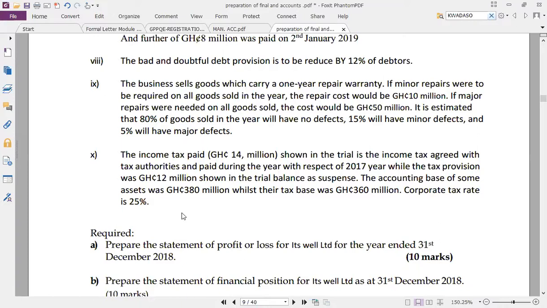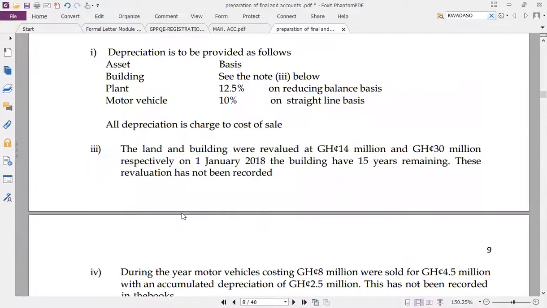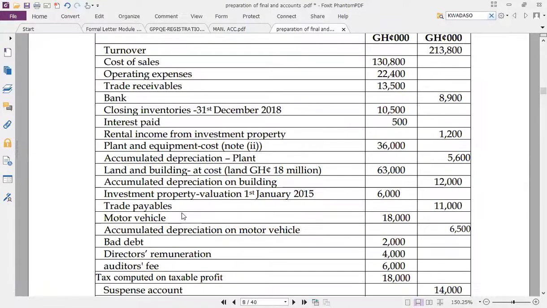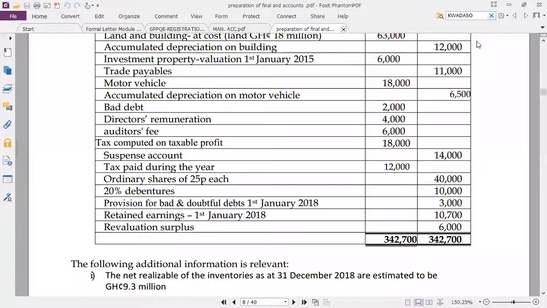As suspense. So let's go to the trial balance. Let's see. There were some updates. I think the update did not reflect here. Good. So when you go to the note, it states that